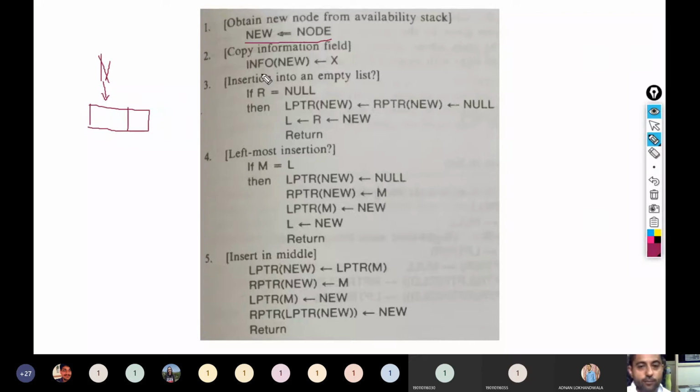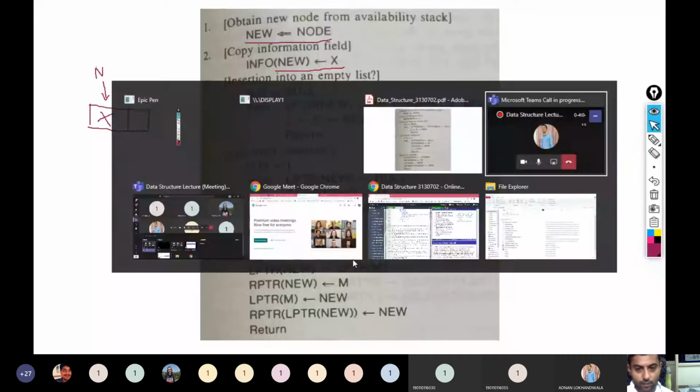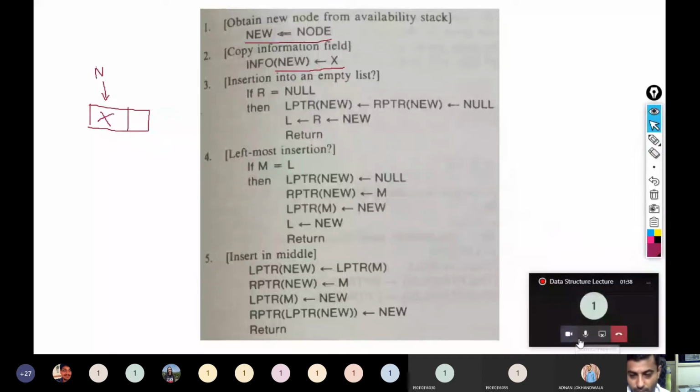And the information of new is operated with x, so x is stored in this new. Wait a second.